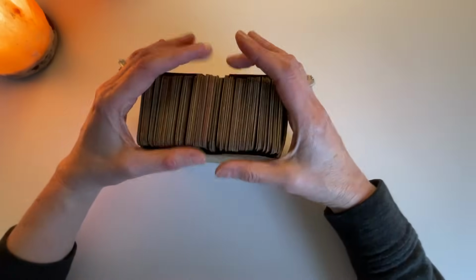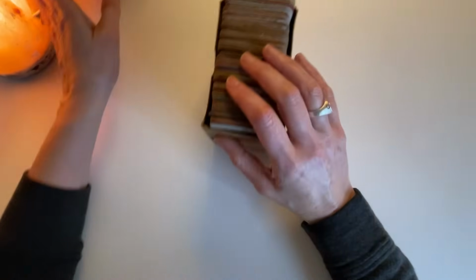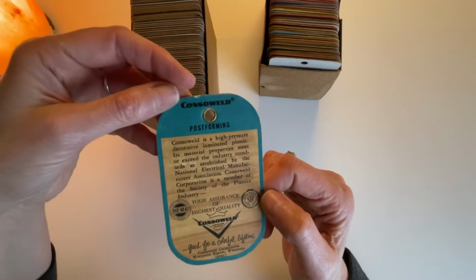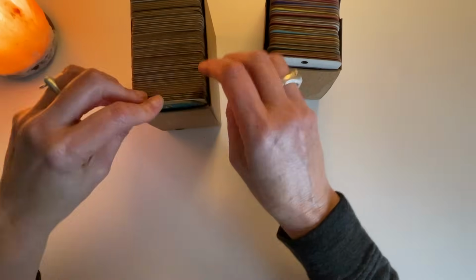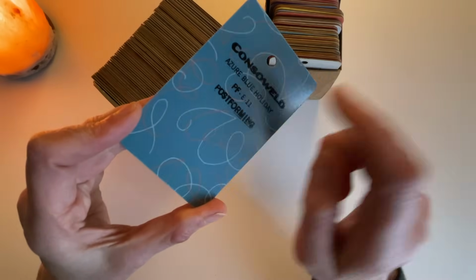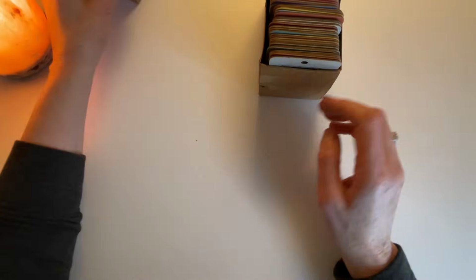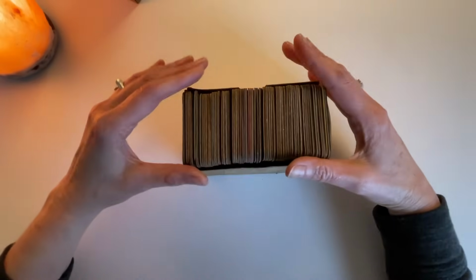So that's Formica samples. But we'll have to look through these other ones sometime if you guys are interested at all. Consoweld post-forming. It looks like they had a lot of the same kind of colors. These are funky too. I kind of like it that they're not boomerang because, like I said, in the 1980s they overused boomerang. And I think that's why I got a little, even though I like it, it's like,